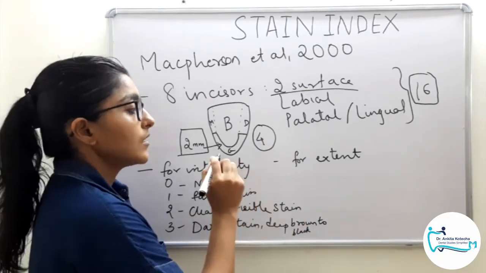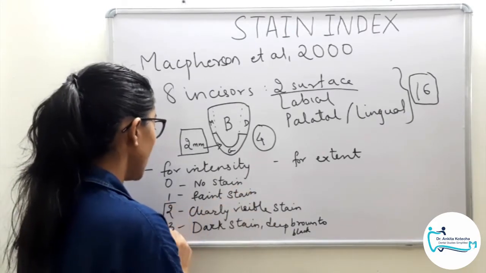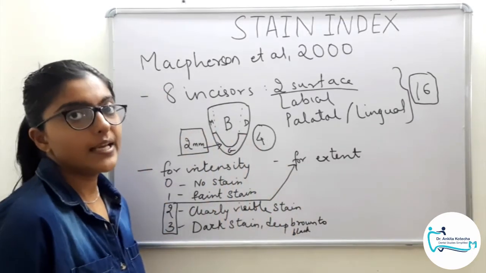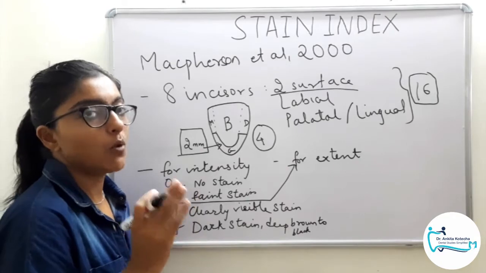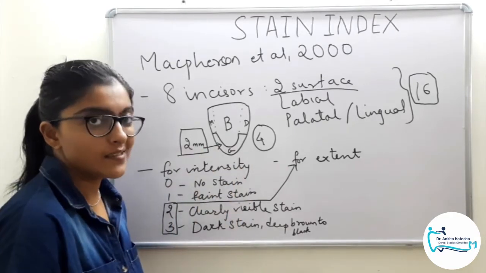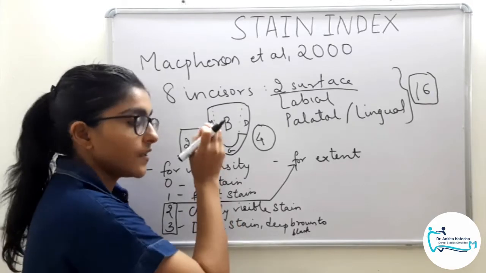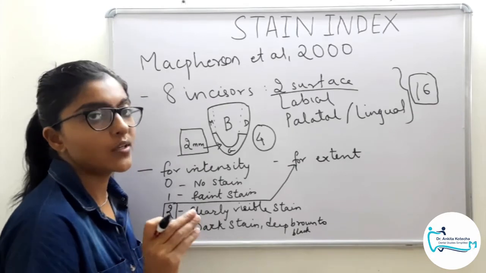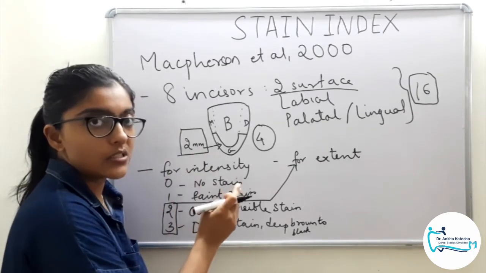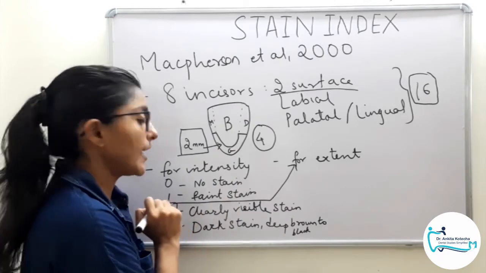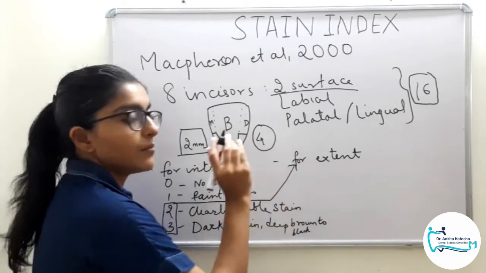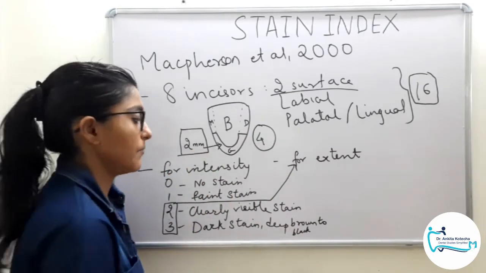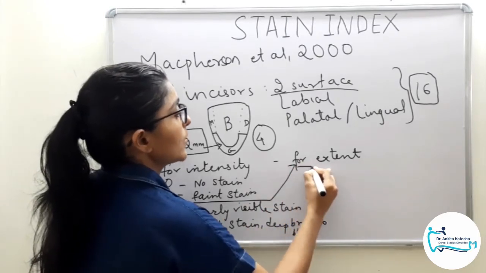But here the criteria is, if the intensity score is 2 or 3, only then they are scored for their extent. That is, to qualify for scoring for extent or the area of distribution, that region or that surface must have an intensity score of 2 or 3. Only those regions, those surfaces which have a score of 2 or 3 will be scored for extent. Rest all will be excluded. They will not be scored for the same. Clear? So now discussing the scoring criteria for extent.